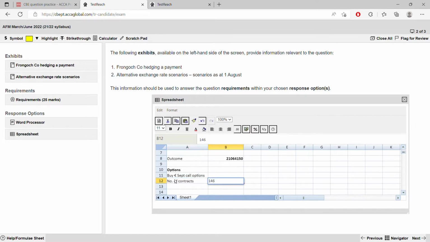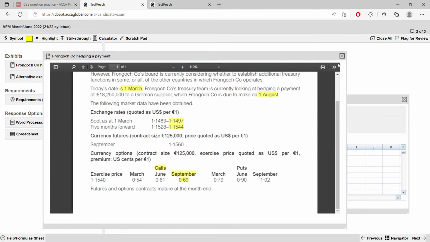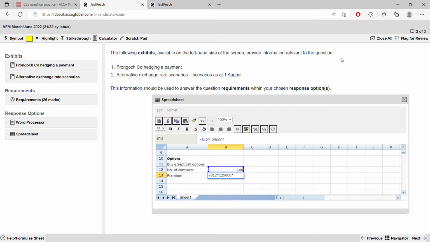146. Just write it. The extra thing is premium, which you have to calculate in options. This is not there in options or forward. So premium, how do you calculate? Equal to this multiplied by number of contracts into contract size, multiplied by this. Remember to multiply with this 0.069 divided by 100, always divided by 100